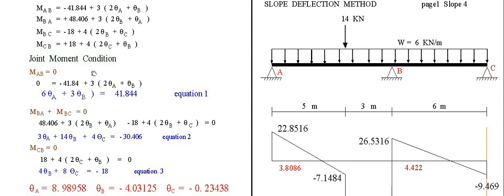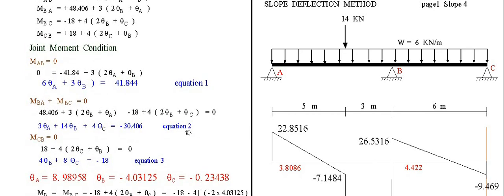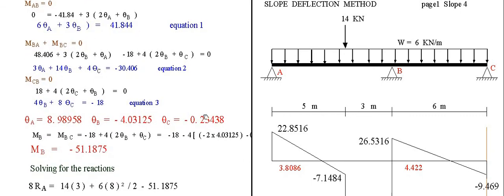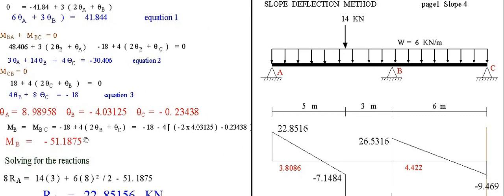So my choice is that I have to compute BC because the moment at B is always negative at this support. So BC is expected to be negative. So I will solve moment, given now the theta, moment B is equal to moment BC,